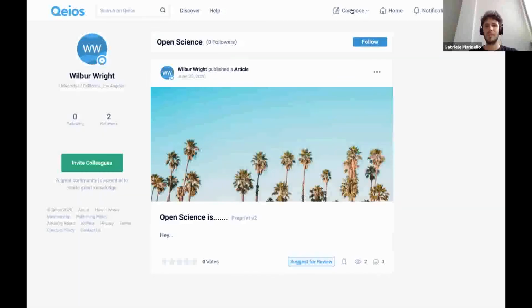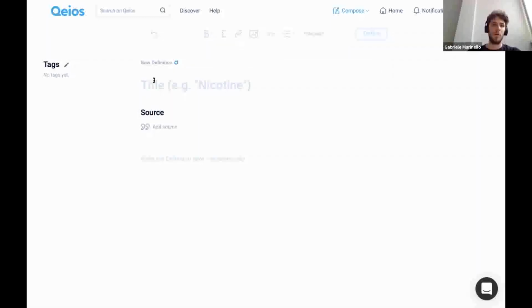So this is a case of a non-original definition, or if you do enough amendments to consider it a new definition, you can publish it as an original definition. But let's just consider for now that this is a real copy paste from an existing article to a definition on Qeios.